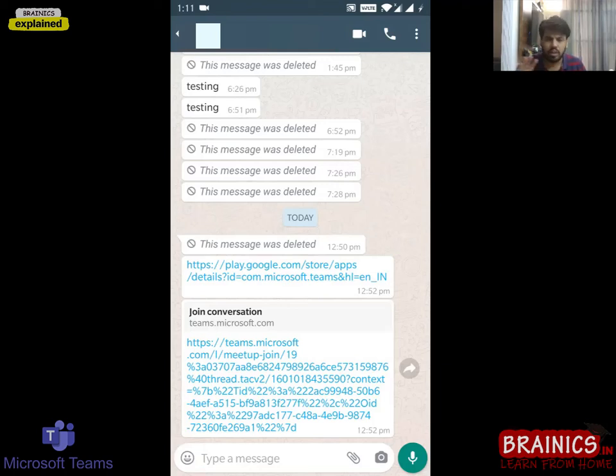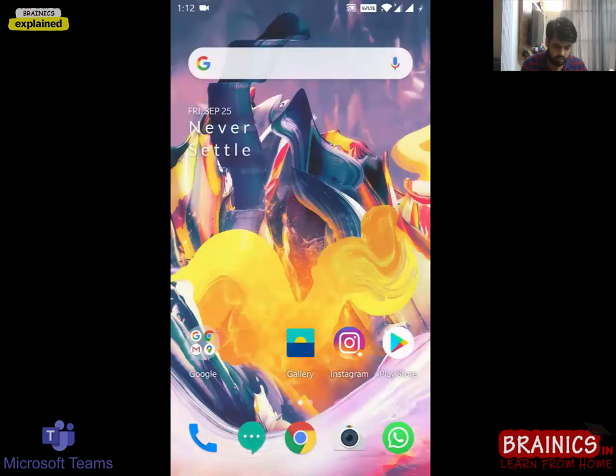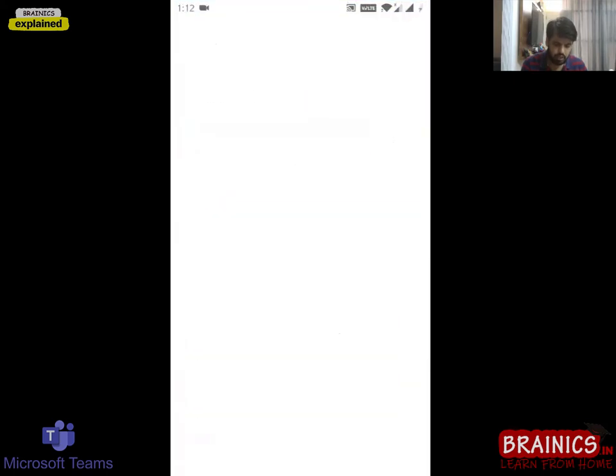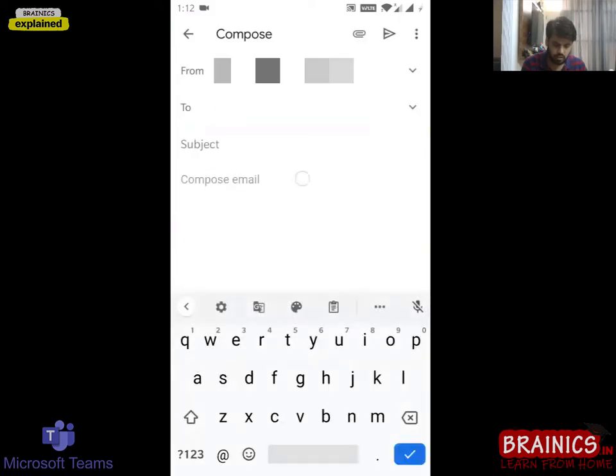You don't have to install anything. Just click on this join conversation link. Or the second way: just click on this tab and click on the copy button over here. I'll click on copy and go to my Gmail, compose a new email, and paste this link in the compose tab.